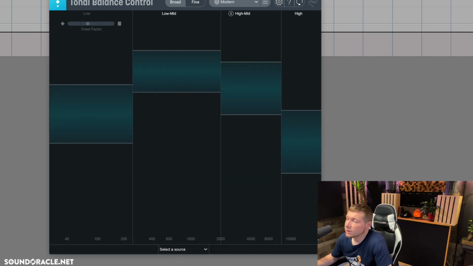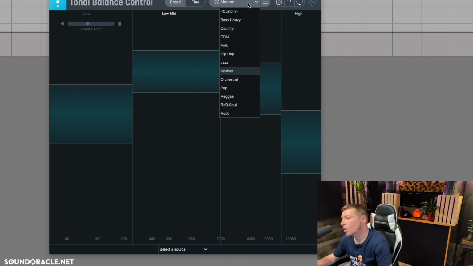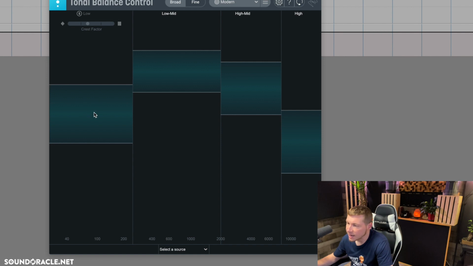So then what I can do is I can set how I want the sound, if I kind of want more of a modern sound or something like that. And if I hit play, it's going to analyze. So anything that's within these blocks, it's going to tell me that we're pretty close. The closer that we are in the center, where this gets a lighter bluish, tealish green color here, that means that we're just dead on accurate and set in there. And then everything either above or below the block is going to tell us that it's either lacking or